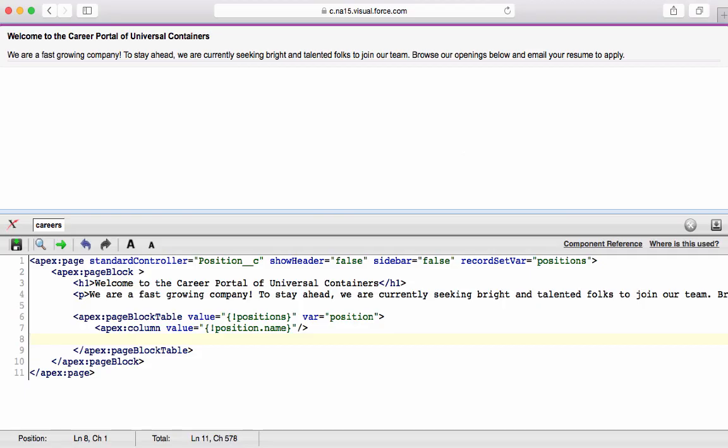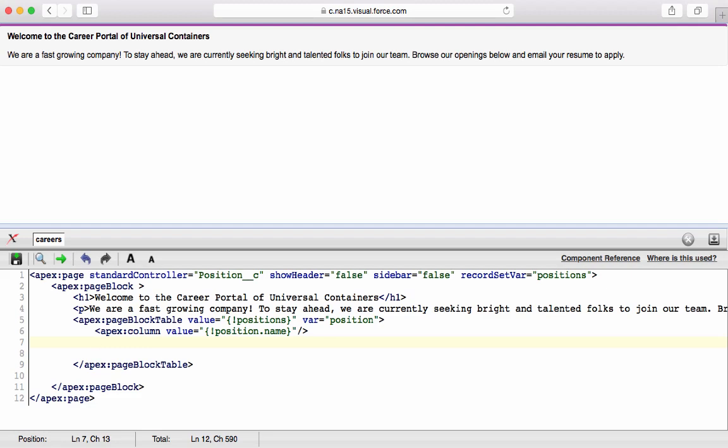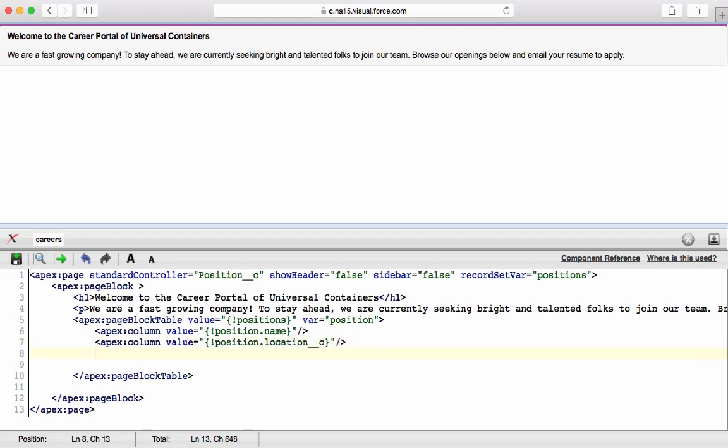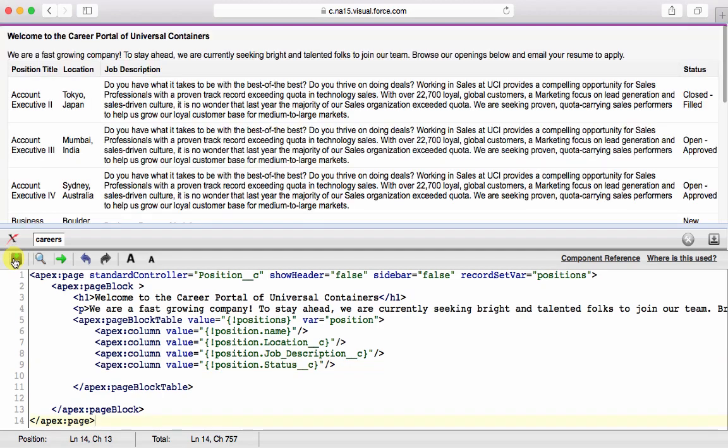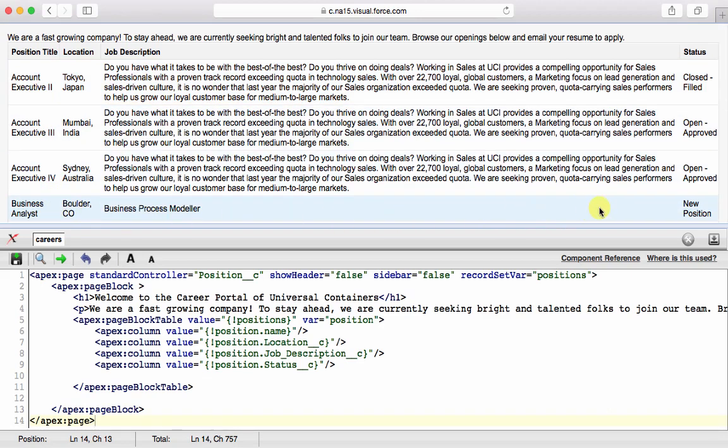Let me create another column with location, apex column value equals position.location, and job description, and status as well. Let me save this. You can see all the position records, including the ones that are closed filled,